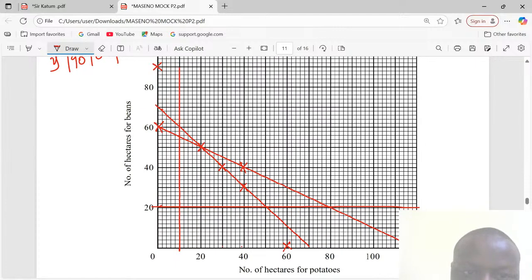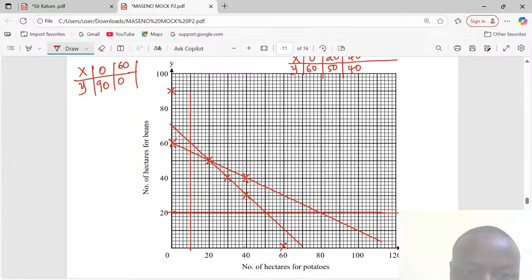Then now I join (0, 90) and (60, 0) in those coordinates. So after this, I am supposed to check